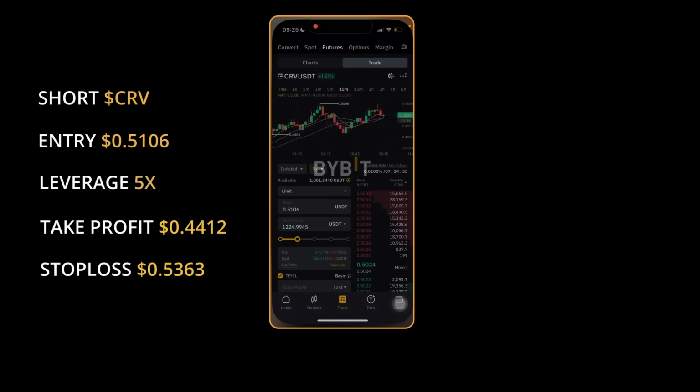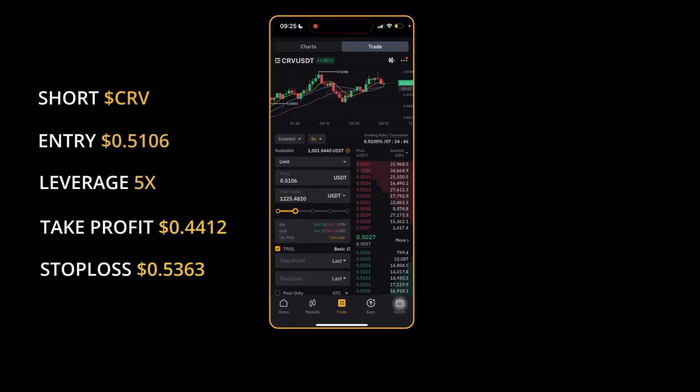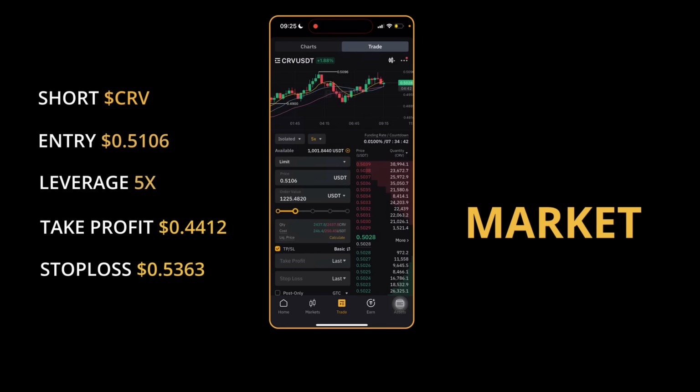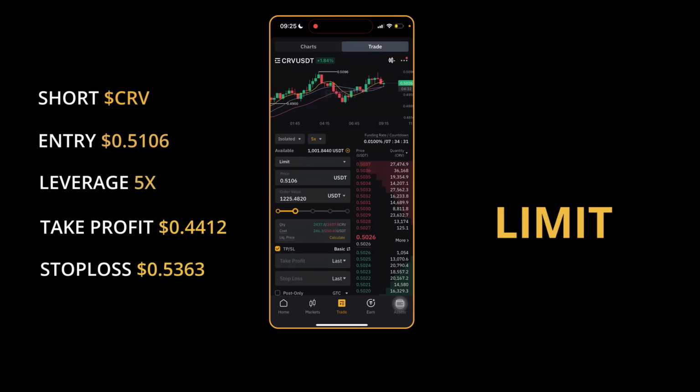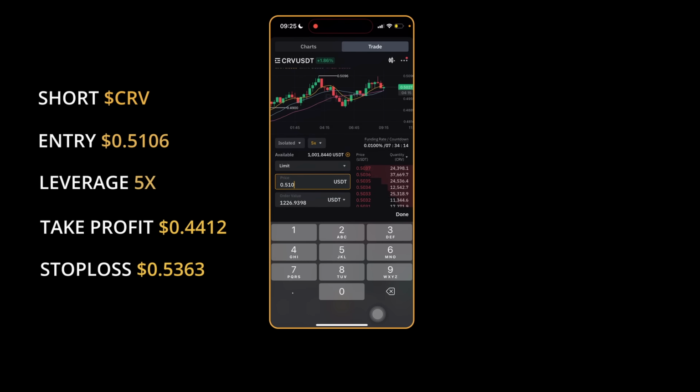Then place your entry. Now there are 2 types of orders that are very, very important as a trader. The first one is limit order and the second one is market order. Market order simply means that you are entering this particular trade at its current market price, and limit order simply means that you are setting an order and waiting for the price to reach it. In this particular case, since the current market price of CRV is 0.5029, but our entry is 0.5106, we are going to use the limit order. So when you click on the limit order, you set the price just like this,